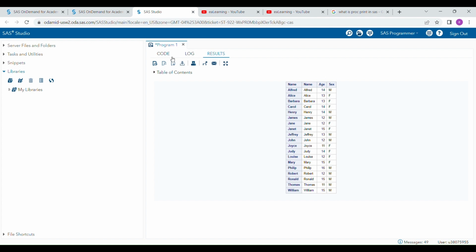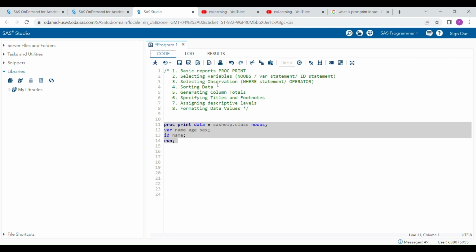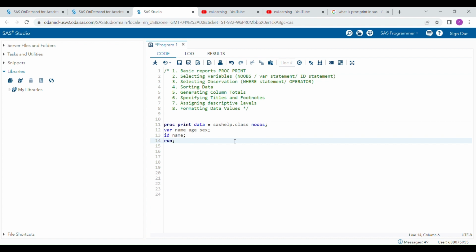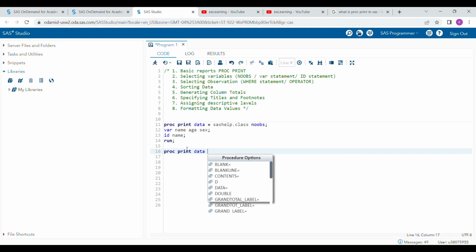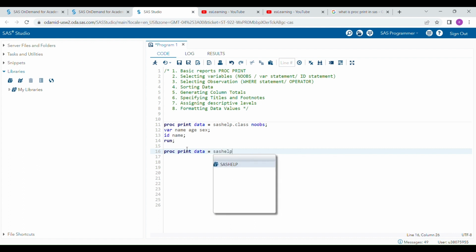So this is how you can control your reports and select specific variables, and you can change it based on your requirement. And the third one I want to explain is selecting observations. Selecting observations can be done in so many ways. First of all, I will show you using a few options. So for example, proc print data equals sashelp, I'm selecting another